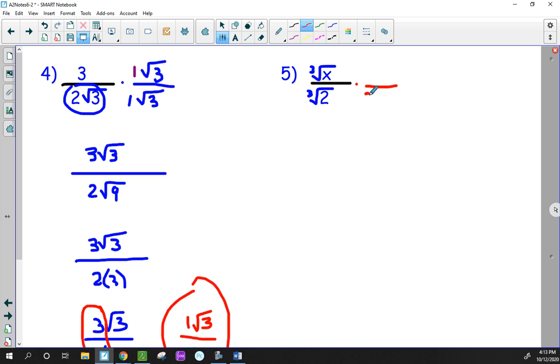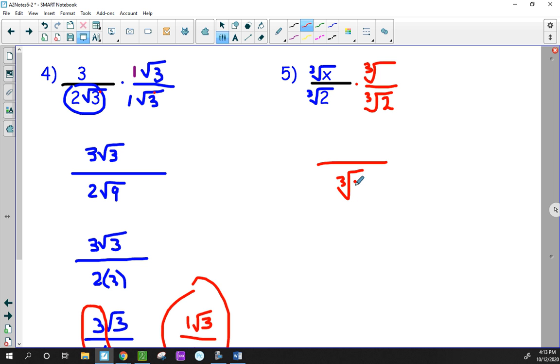I got to do the cube root of something. I want to caution you against this because this is a common mistake. When you're dealing with square roots, you always can use the same value and it will work. It will not work here. I'm going to go ahead and write it down, but this is incorrect. I want you to kind of look ahead. The cube root of 2 times the cube root of 2 would actually give you the cube root of 2